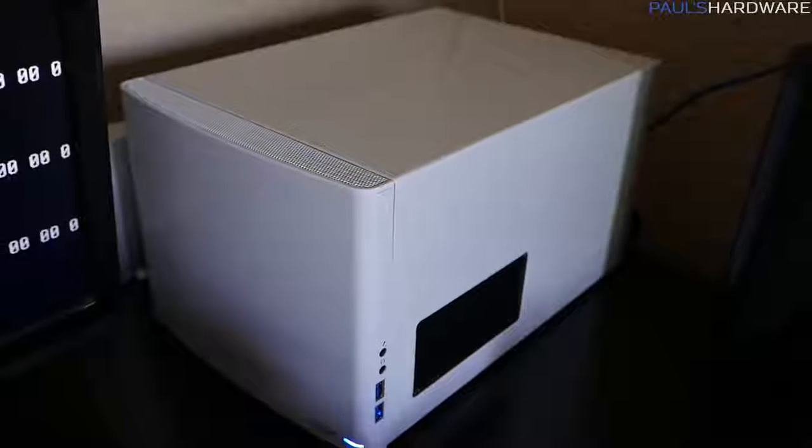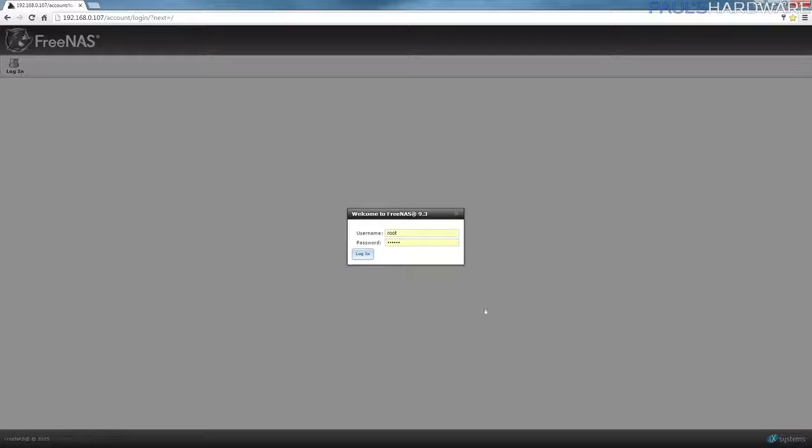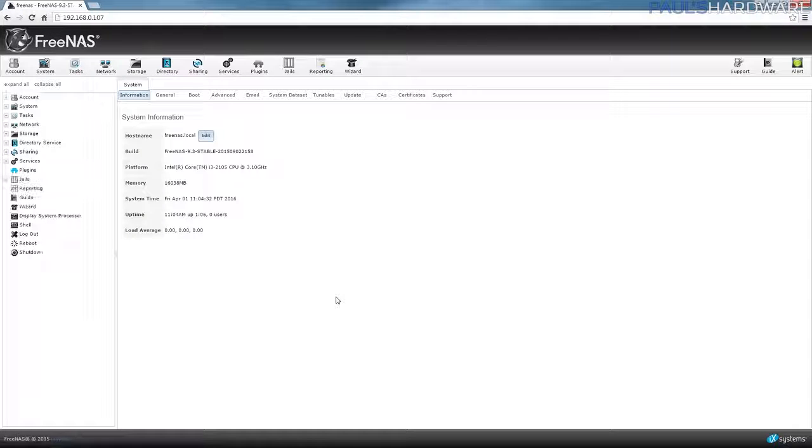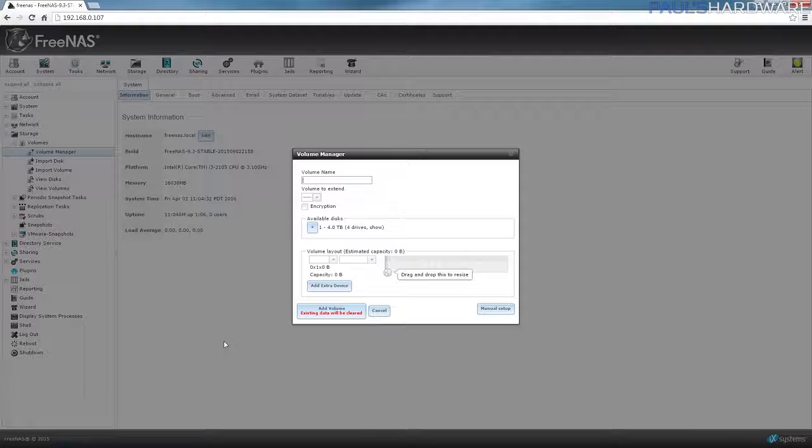So my NAS is currently deployed in my computer room, connected via a gigabit switch to my home network. For all this setup, I accessed it via the Chrome browser on my primary desktop PC running Windows 7. Before I set the NAS up to do any of my 4 things though, I first ran updates. We're up to FreeNAS 9.3.1 now, and then I needed to create a ZFS volume across my 4 WD-RED 4TB